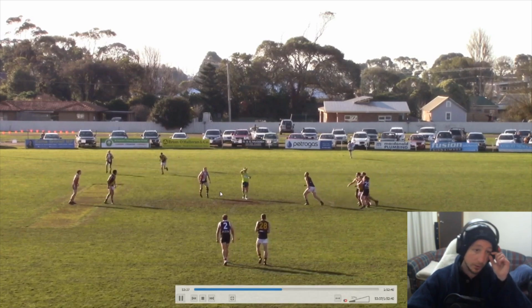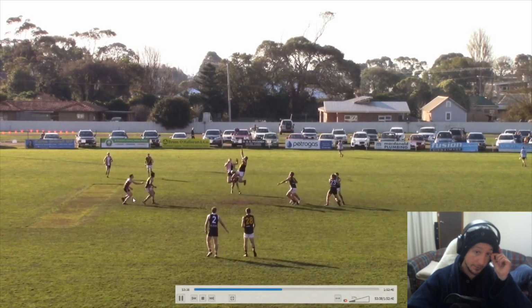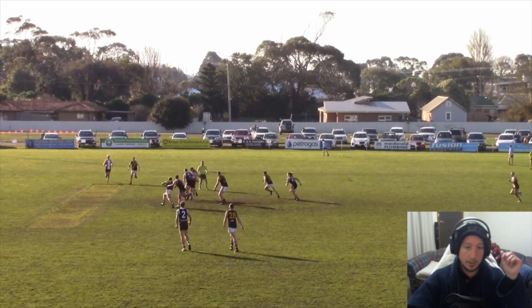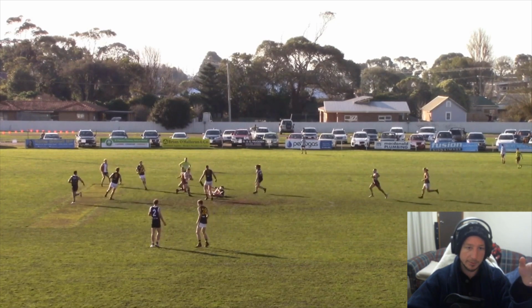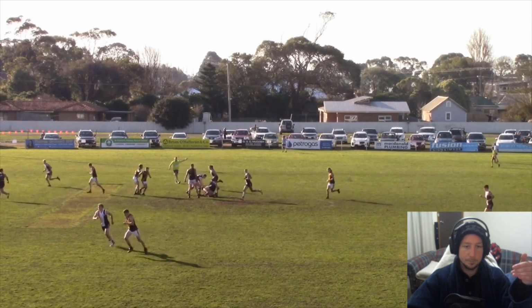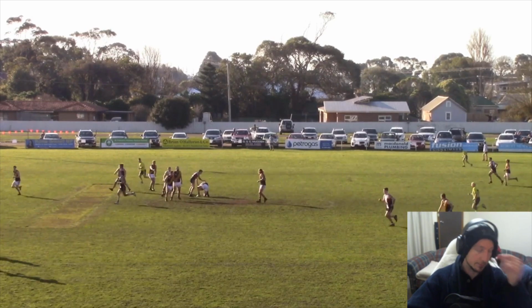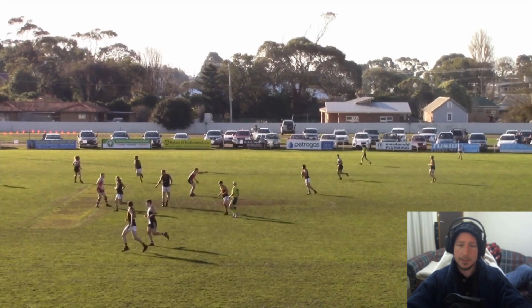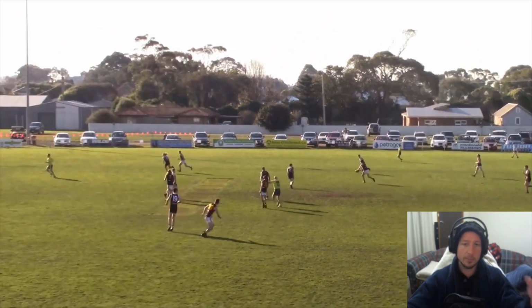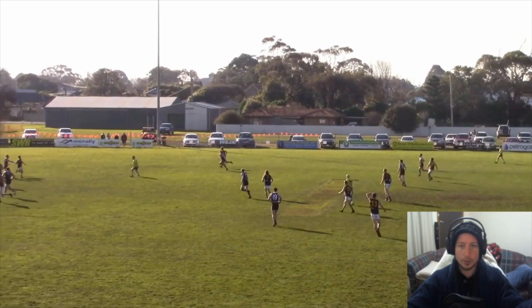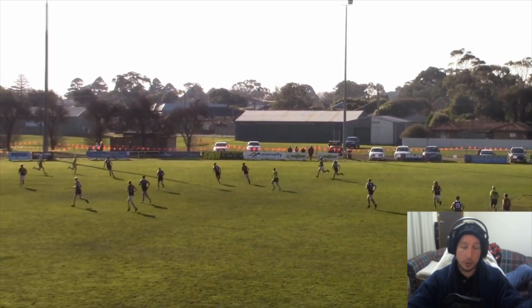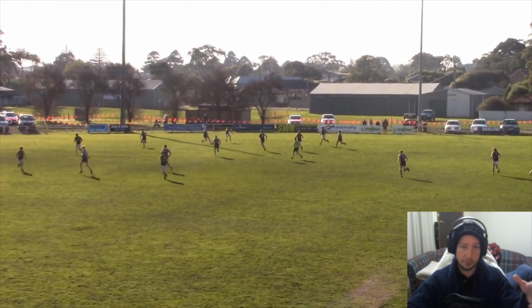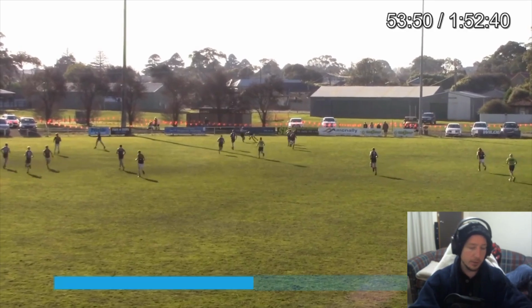Alright, so ruck goes up. Shep at the top, he's going to get the nice clean hit. It's going to go straight to him, collects it, and he gets a free kick for being tackled without the ball. But again, like I said before, this is why you get front position. You get rewarded. All the chances go your way. The odds are in your favor if you get front position. And if I rewind it here